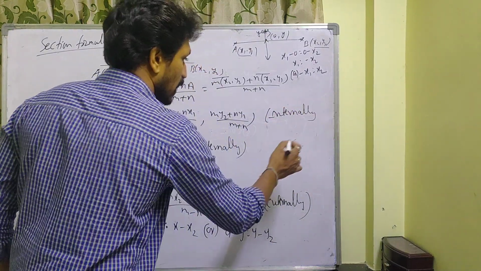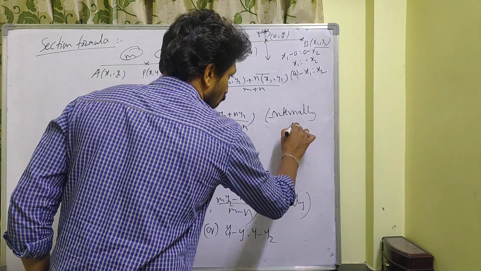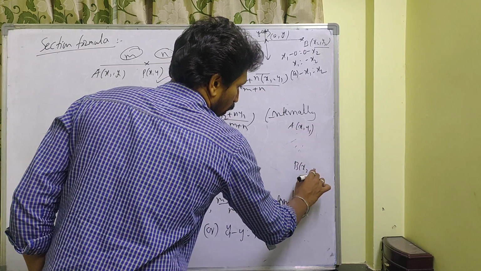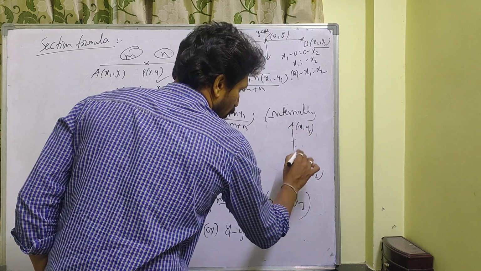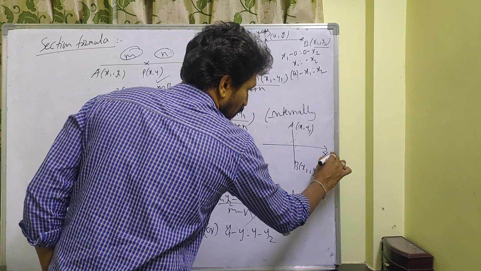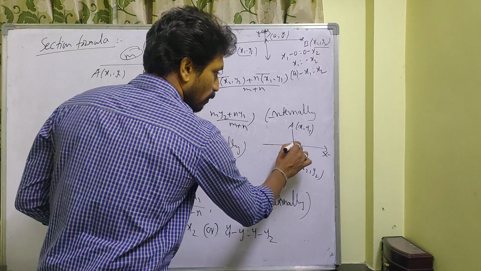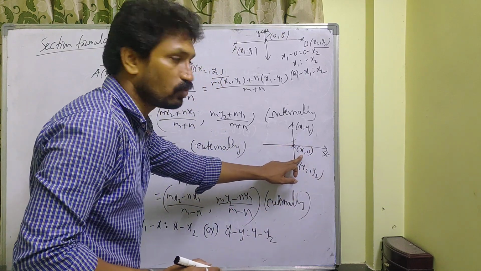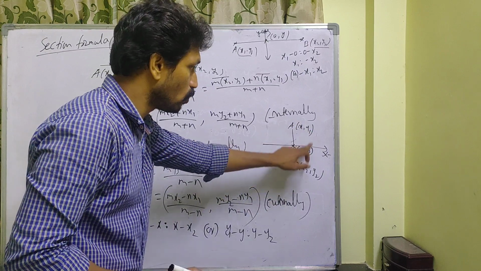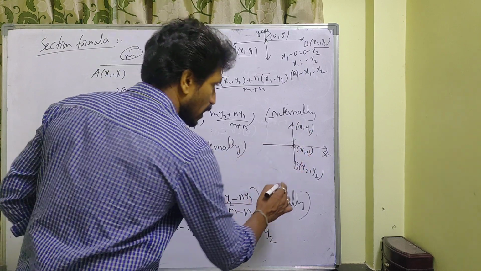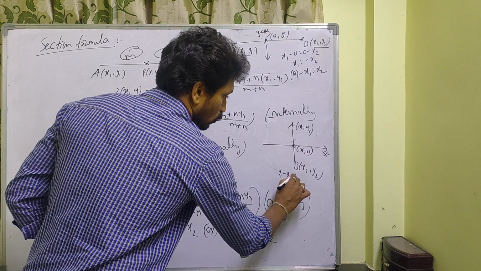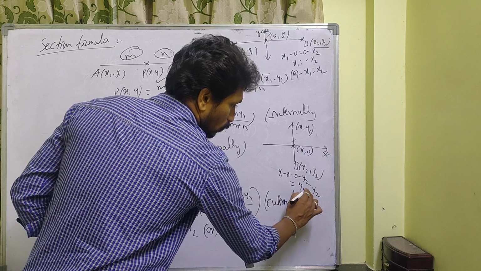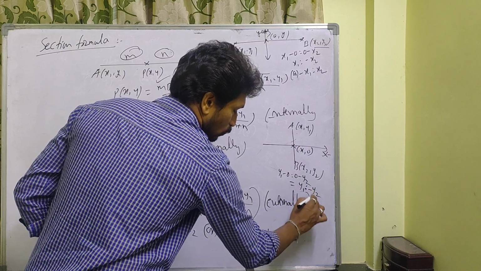Similarly, for the x-axis, suppose A is x1 comma y1 and B is x2 comma y2. This is the line segment joining AB and this is the x-axis. Any point on the x-axis is some x comma 0. If you go through x coordinates, you cannot find the ratio exactly, so you go to y coordinates. What is that? y1 minus 0 is to 0 minus y2, that is y1 is to minus y2.